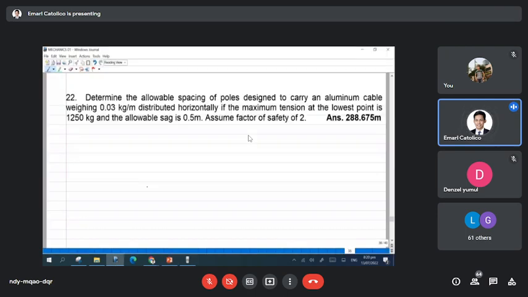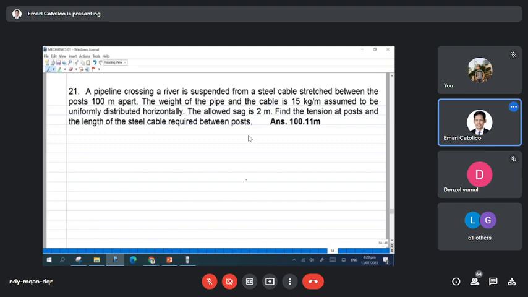Okay. So a pipeline crossing a river is suspended from a steel cable stretched between the posts 100 meters apart. The weight of the pipe and the cable is 15 kg per meter, assumed to be uniformly distributed horizontally. So nabasa niyo yung keyword, ano? Uniformly distributed horizontally. So matic, ang formula na gagamit ay